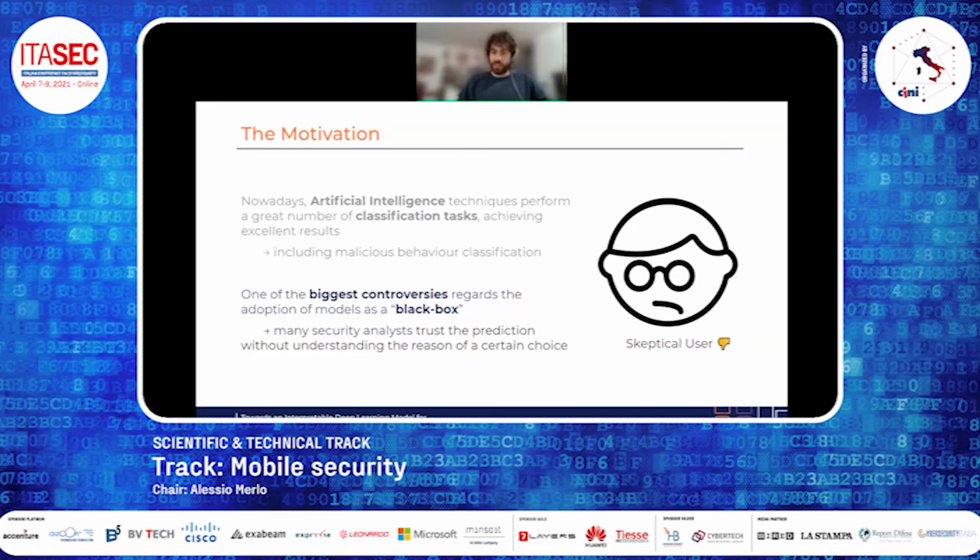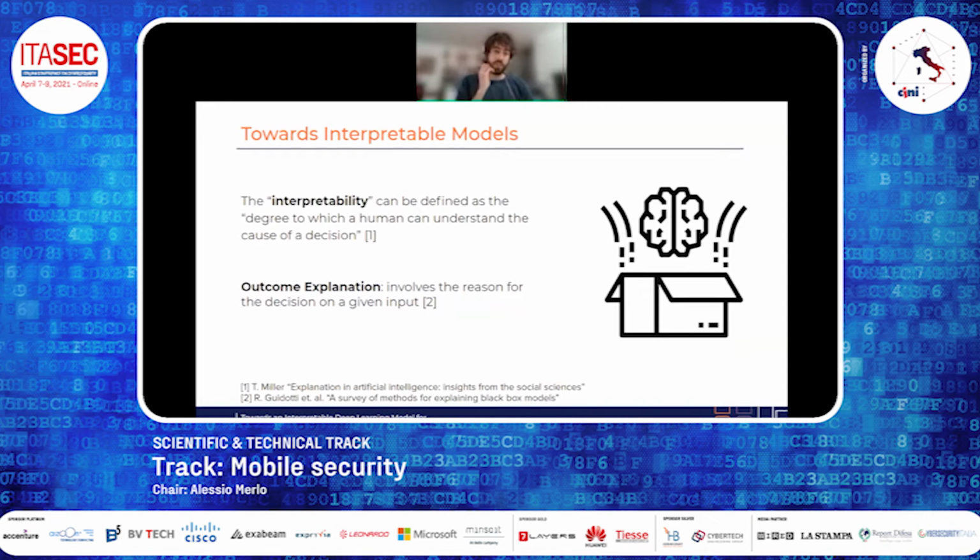And we have seen this year that during the pandemic, there were so many good technologies approved by the scientific community that are actually kind of useless because people don't trust these technologies. And so that's the importance of understanding the technology, and that's why research in computer science as well is moving towards interpretable models.